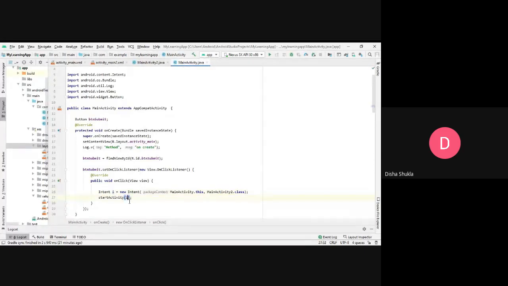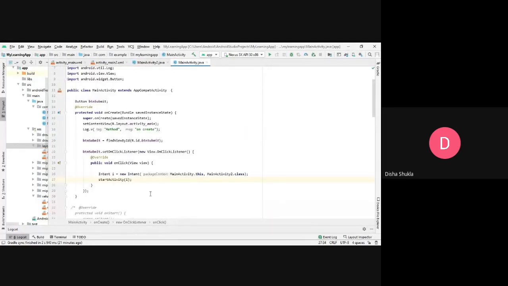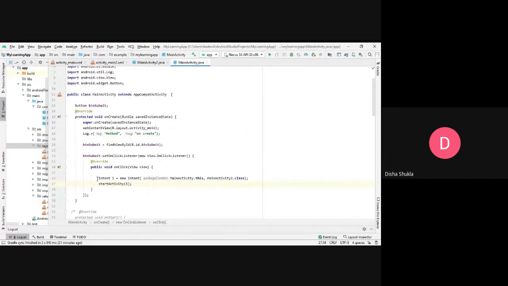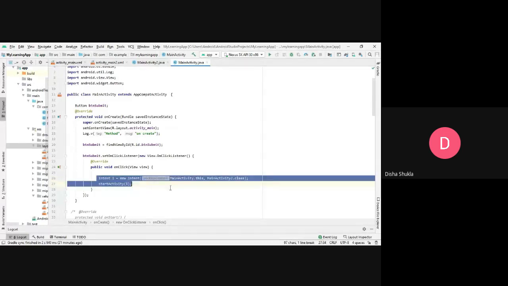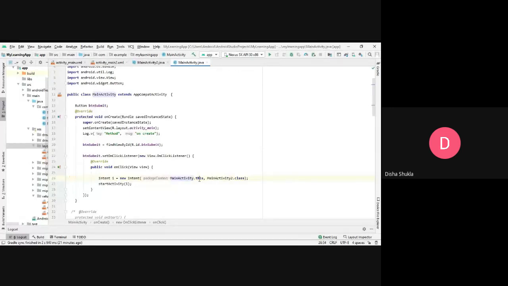This is how you mention the things in the intent. You initialize the intent using two arguments: the activity that you are in, I mean the reference of it, and the activity that you want to go to with dot class. And then finally you use start activity, and you pass the intent object, that is I.